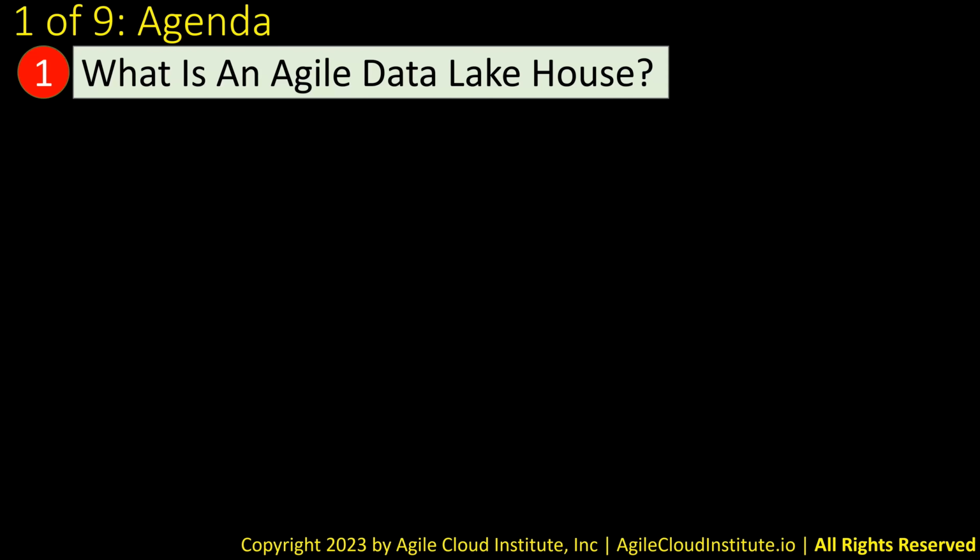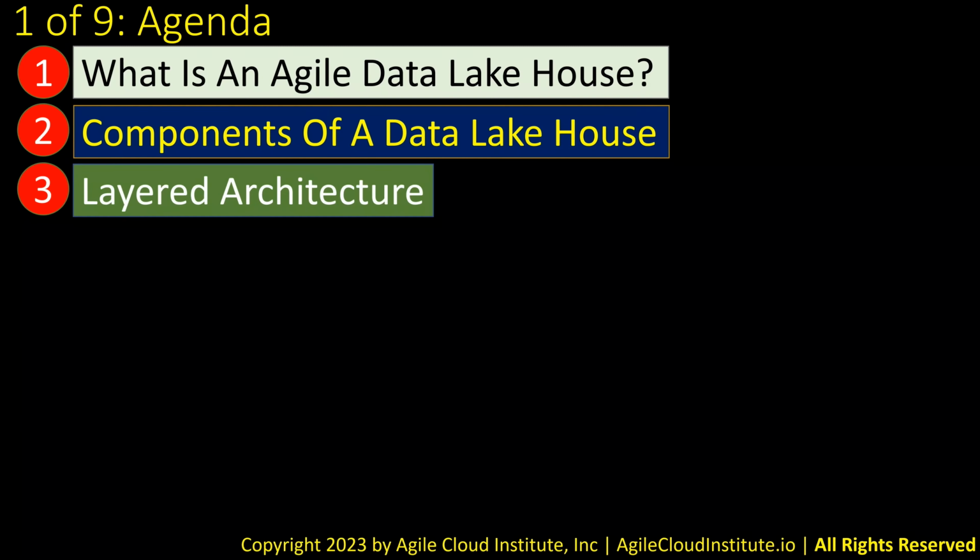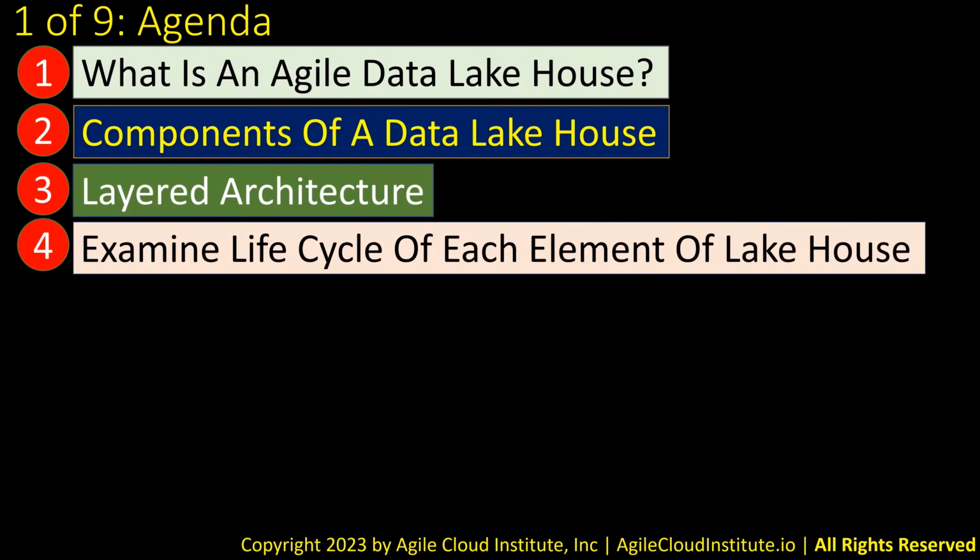In this workshop, we will explain how to manage Agile data lakehouses by taking you through 8 slides summarized as follows. First, we will explain what an Agile data lakehouse is. Second, we will describe each of the major components of a data lakehouse. Third, we will give a view of the layers of a data lakehouse's architecture. Fourth, we will show a way to examine whether each element of a data lakehouse has a different life cycle